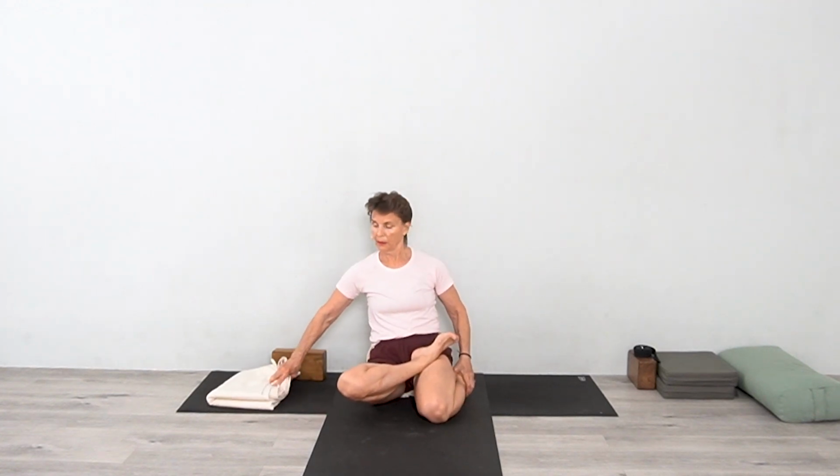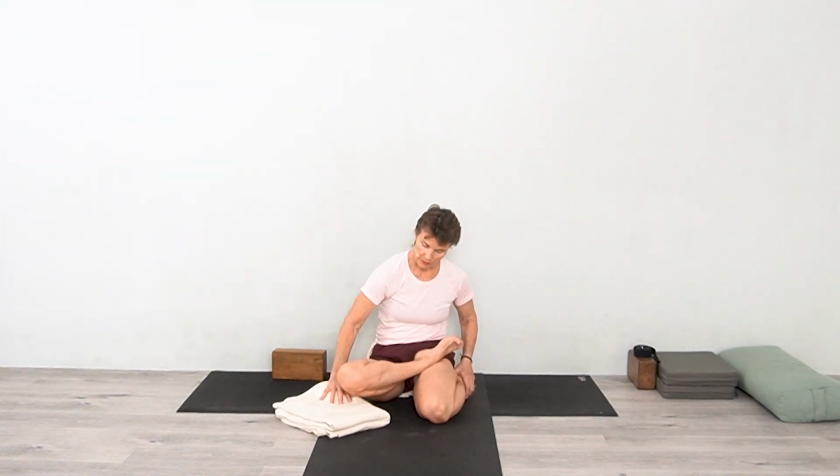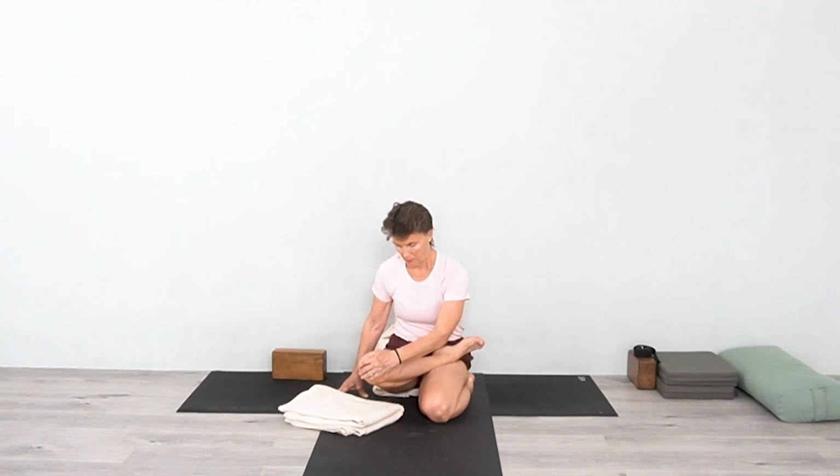All right, so I have a blanket here. If that leg is not going to descend, I can have the blanket right under the knee, not under the thigh, but under the knee, so that I can give it space to move down. If I bring it all the way to the thigh, then it's blocking it, okay? So as I hold, press the knee down, inhale, lift up, take the hand behind, catch the foot, catch the toe,